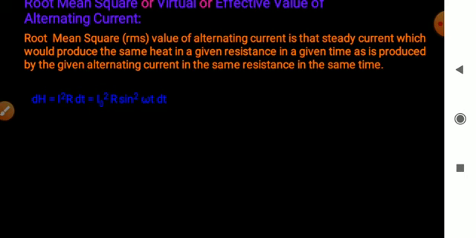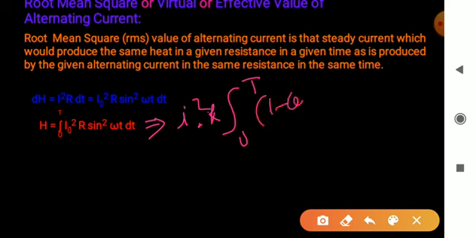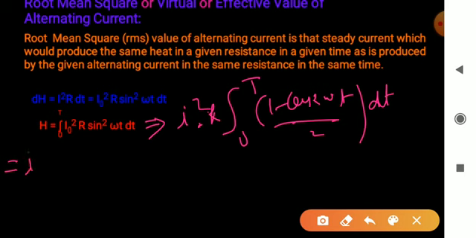Now heat produced in one cycle is given by H equal to integration from 0 to T of I naught squared R sin squared omega t dt. So we can write H equal to I naught squared R, in bracket, integration 0 to T. We have sin squared omega t equal to (1 minus cos 2 omega t) divided by 2, and dt. So from this equation we can write H equal to I naught squared R by 2,